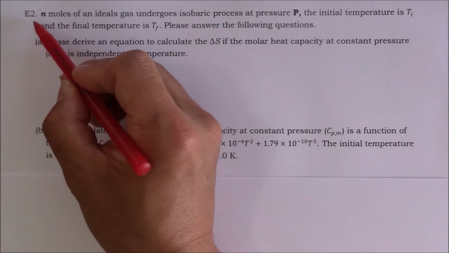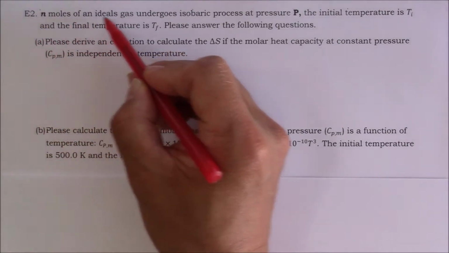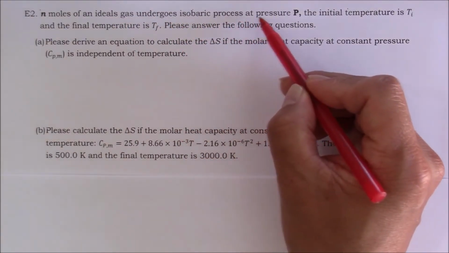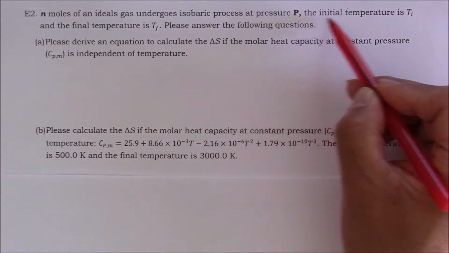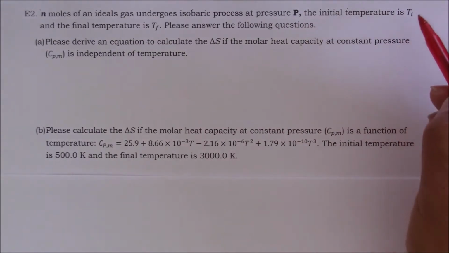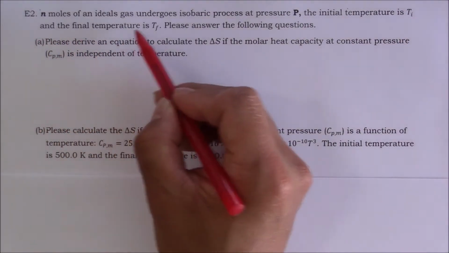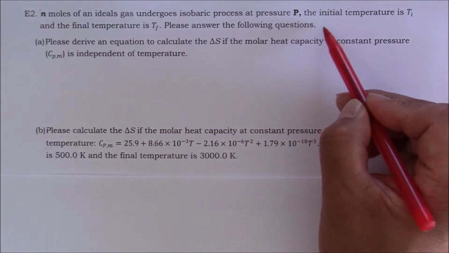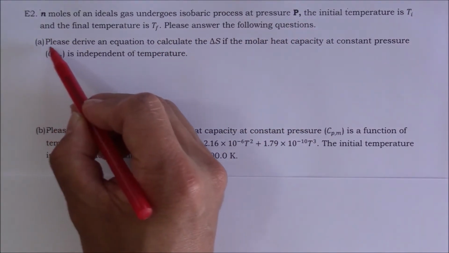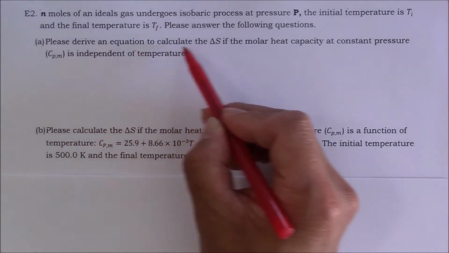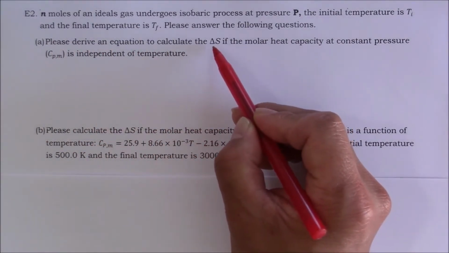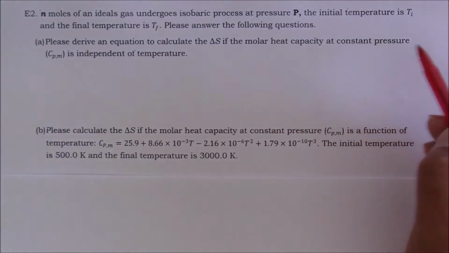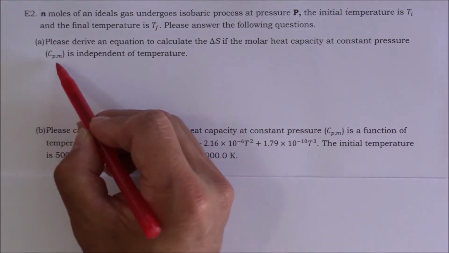Example 2. N moles of an ideal gas undergoes an isobaric process at pressure P. The initial temperature is Ti, and the final temperature is Tf. Please answer the following questions. A. Please derive an equation to calculate the entropy change if the molar heat capacity at constant pressure, Cpm, is